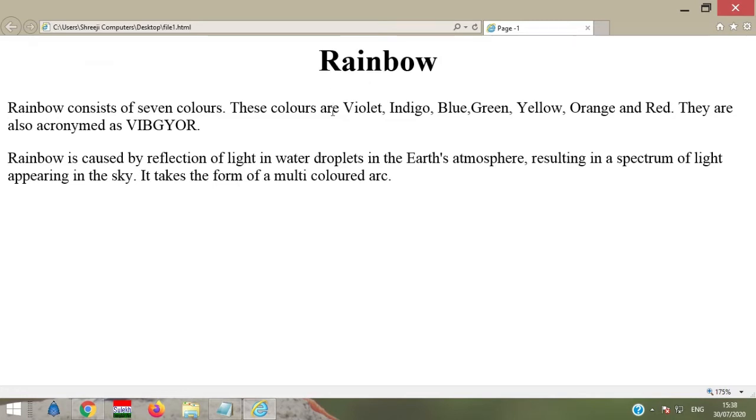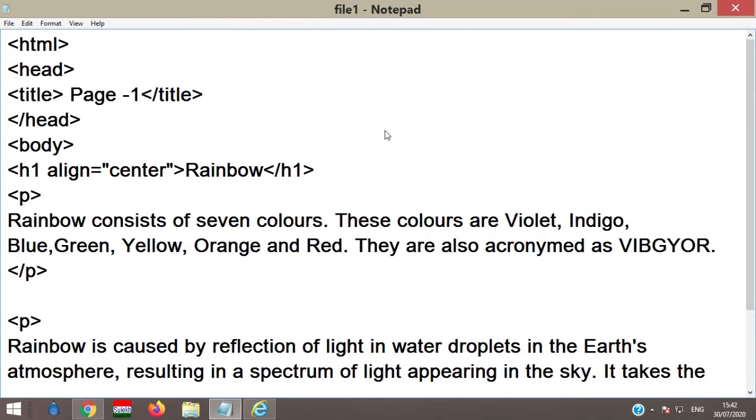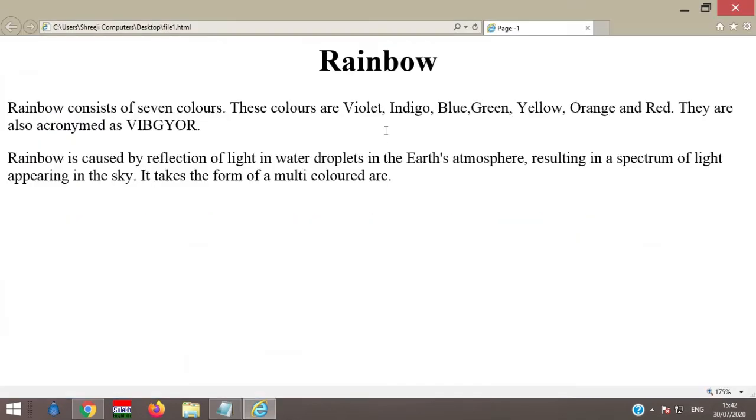We can see the output. Now we can change the value of the align attribute. For example, we use the right value, then save your file again and use the refresh key, shortcut key F5, and the heading will be displayed on the right-hand side.